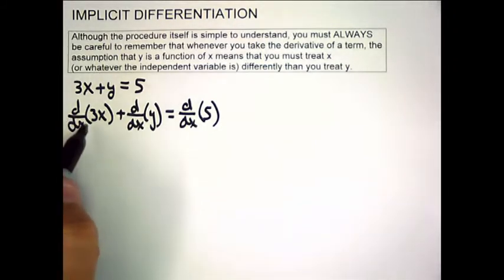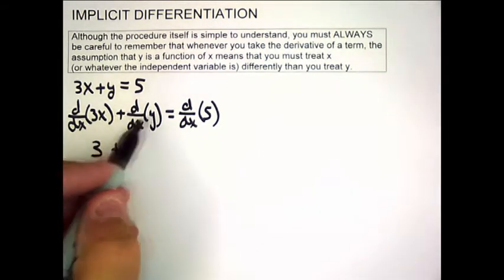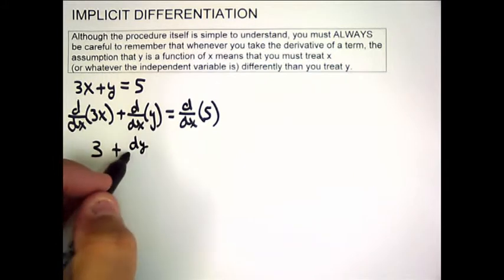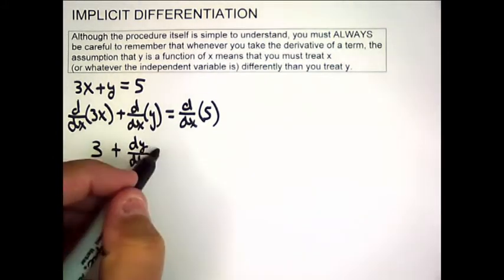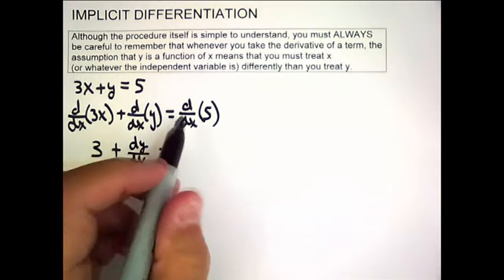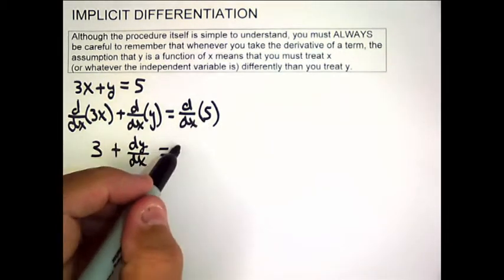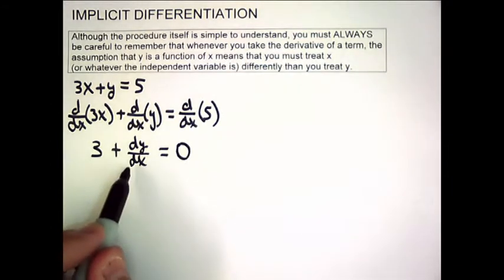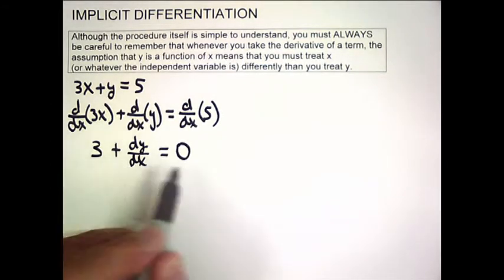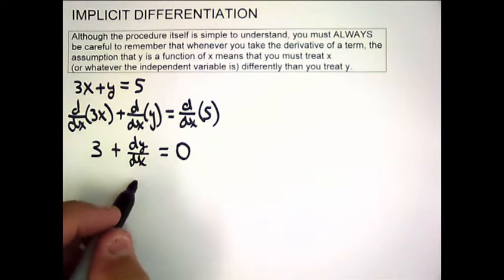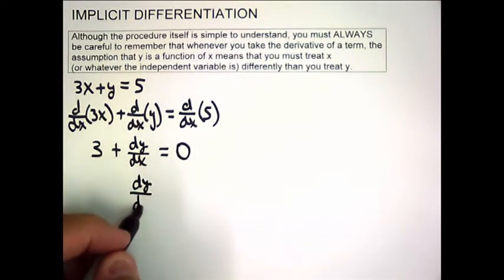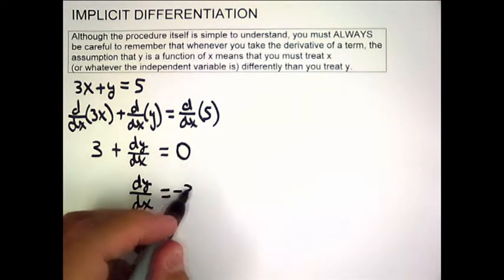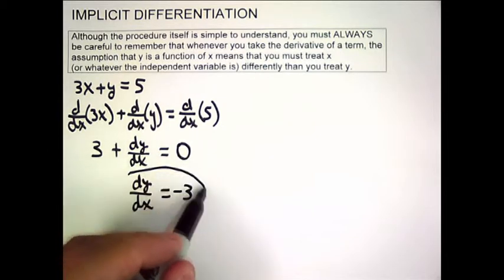Okay, the derivative of 3x is 3. The derivative of y with respect to x is what we're calling dy over dx. That's our symbol for it. And the derivative of any constant, in particular 5, is 0. And all we do now is take the 3 to the other side by subtracting 3 from both sides, and you get dy over dx is equal to -3. Simple example,